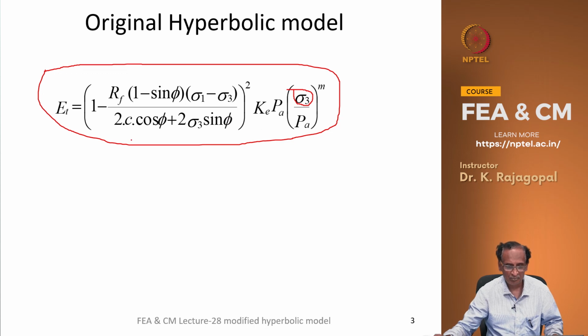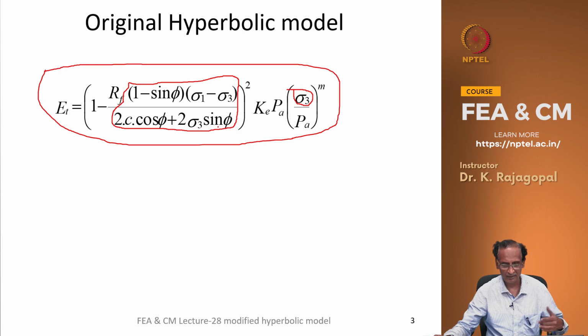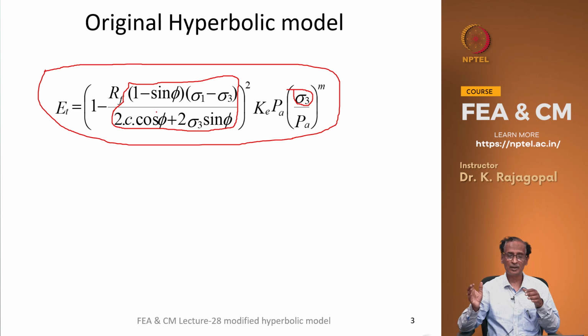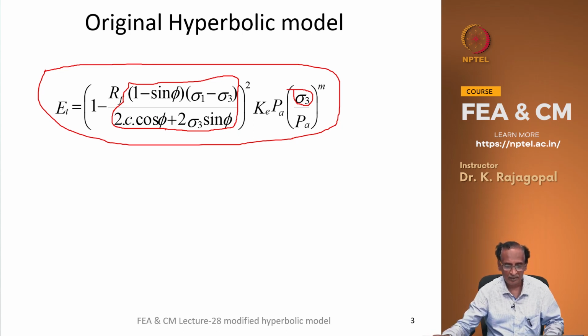And this quantity that we had seen, 1 minus sin phi times the shear stress divided by 2 c cosine phi plus 2 sigma 3 sin phi, is actually the mobilized shear strength. This 2 c cosine phi plus 2 sigma 3 sin phi by 1 minus sin phi is our sigma 1 minus sigma 3 at failure. So, this is our mobilized shear strength, and in one equation Duncan and Chang are